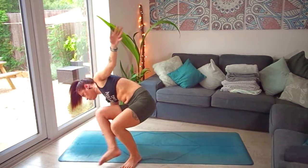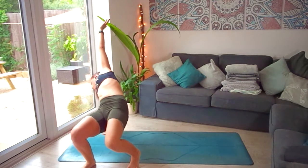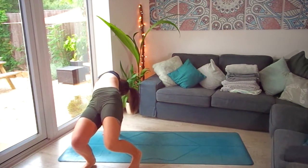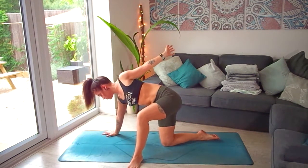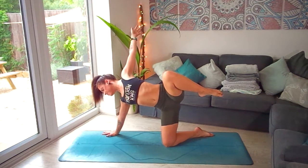And then from here, just like before, maybe we step the right leg through, hover it, or bring both feet down, fairly close to us so that we can arc over to the side. Keep the heels lifted if you need to. From here, take that right leg all the way back through, toes point towards the bottom of the mat, and inhale, lift the left knee up,